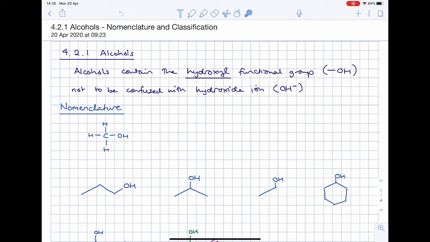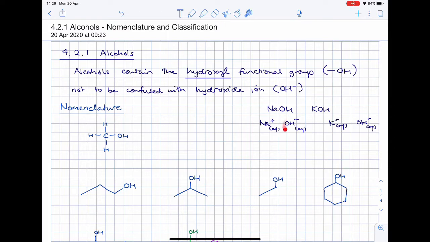So don't confuse the hydroxyl group with hydroxide ions. Hydroxide ions exist in ionic compounds like sodium hydroxide or potassium hydroxide. These are ionic compounds that will ionize in aqueous solution to give ions. These are not alcohols, these are metal hydroxides, and these are ionic compounds, and they ionize in aqueous solution to